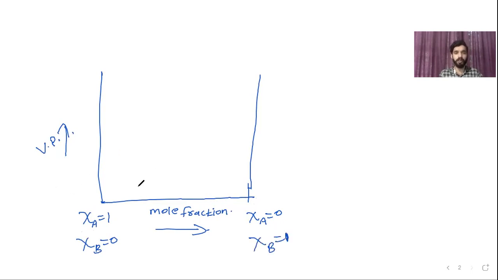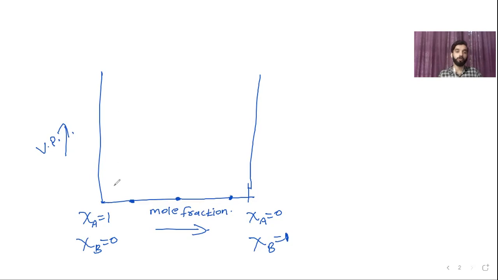So anywhere in between you take, you get a different composition. Like here, maybe the mole fraction of A is 0.7, B is 0.3. In the middle, the mole fraction of A is 0.5, and of B is 0.5. Towards the end, say for example, the mole fraction of A is only 0.2, and of B is 0.8. Like that, anywhere between these two extremes, you get different compositions of A and B. More moles of A, less B. Then B increases, and towards the right, more moles of B and less A.